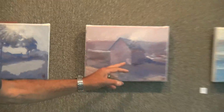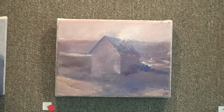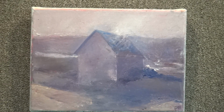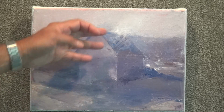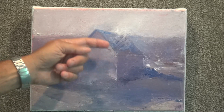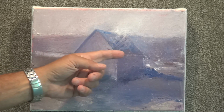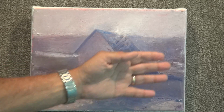This is the beauty parlor on River Road. It's been there for years, in the 40s and 50s. Ladies would go into that little shed for hairdos, get their hair in rollers and stuff. And this is the sun coming over the hill, hitting the beauty parlor, and resulting in some of the shape of the beauty parlor, some of the images being obliterated by the sunlight, and the sun being a haze that